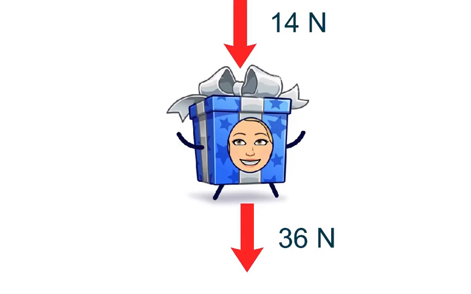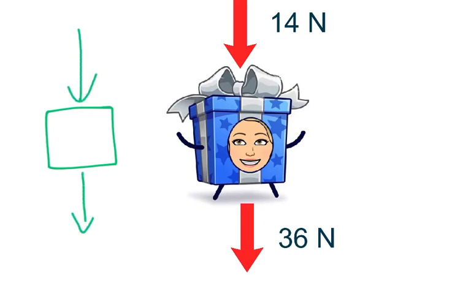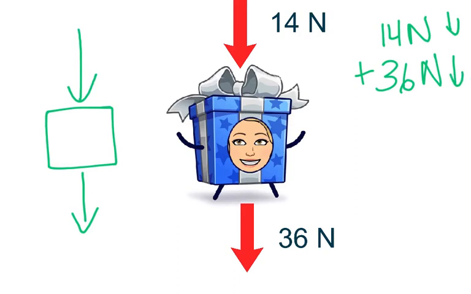Looking at another example, now we have a force going north and south, or up and down, however you want to describe the direction. But if we have a force going on top and then again below in the same direction, because keep in mind these arrows, no matter where I put them, are pointing in the same direction, we have same direction, we add. So we have 14 newtons down plus 36 newtons down, or we can call it south, gives us a total force of 50 newtons